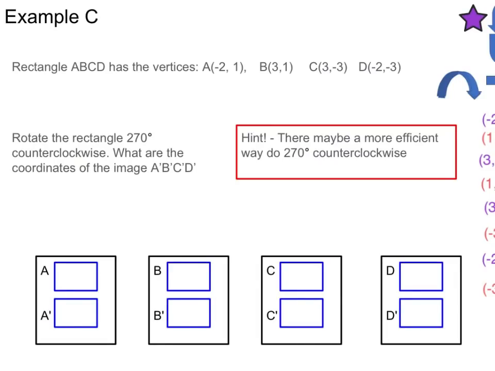Example C says rectangle ABCD has the vertices they've listed below. And it says rotate the rectangle 270 degrees counterclockwise. And then it asks us to list the coordinates. And it gave us a hint. There may be a more efficient way to do 270 degrees counterclockwise, because the only way we would know so